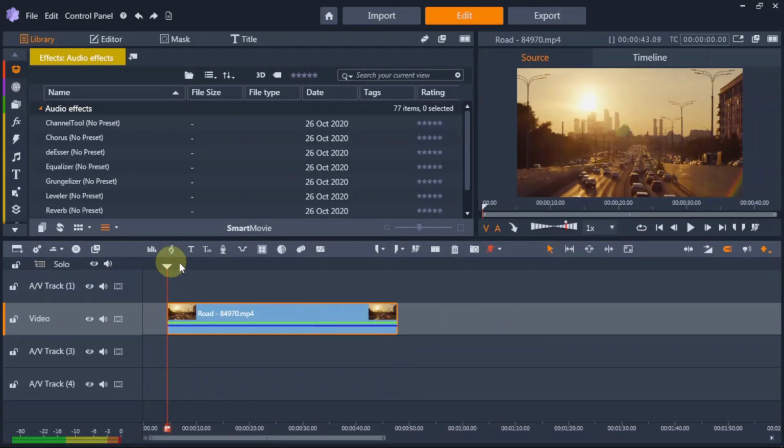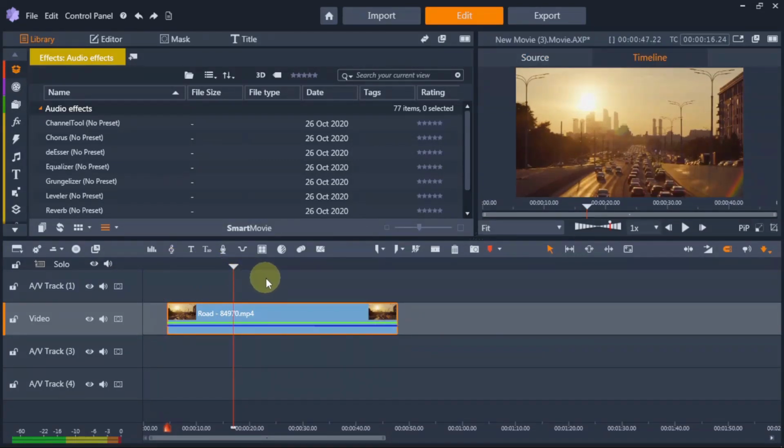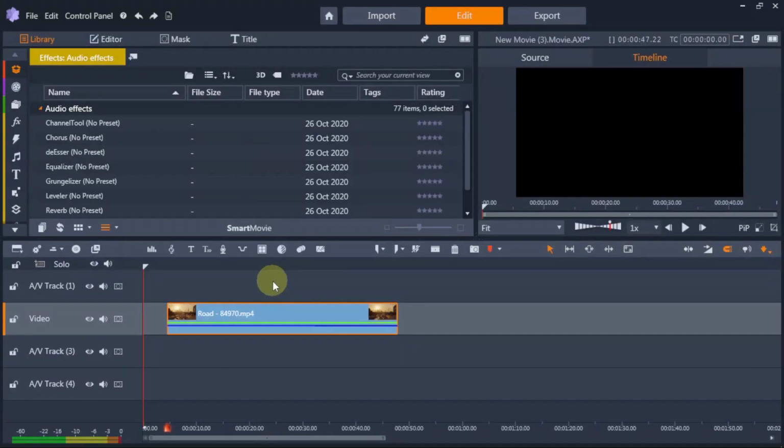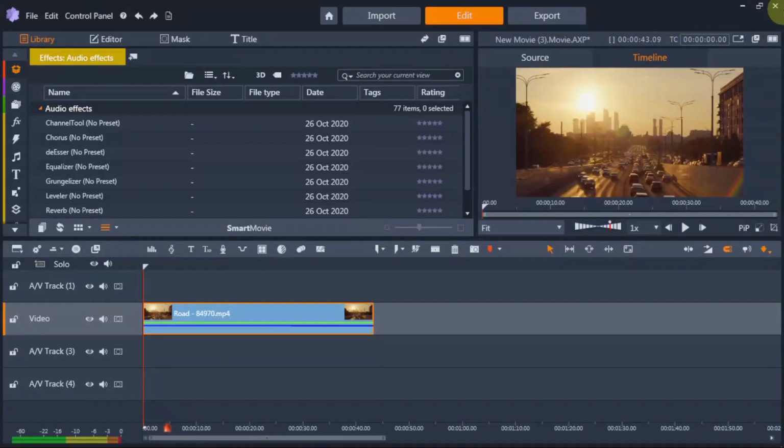So here, as you can see, the start of our timeline is on the leftmost side, this one. When I click the Home button on the keyboard, you will see that the play bar goes at the very start. Since we have a gap here, if you want to remove the gap and move this video to the left side, just right click it, close gap. That's it. Or if you press Control Right on your keyboard,